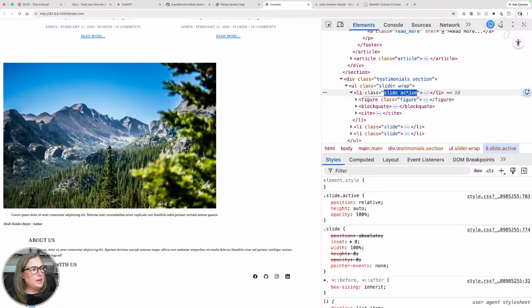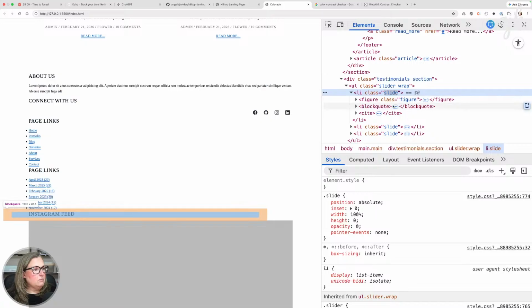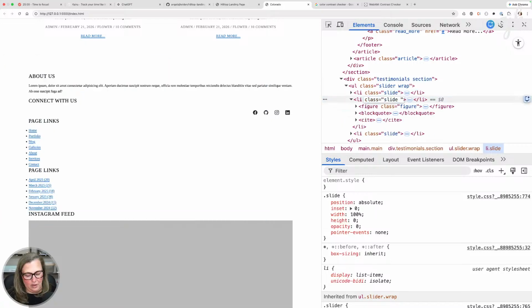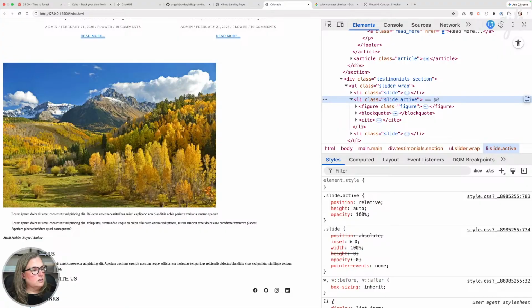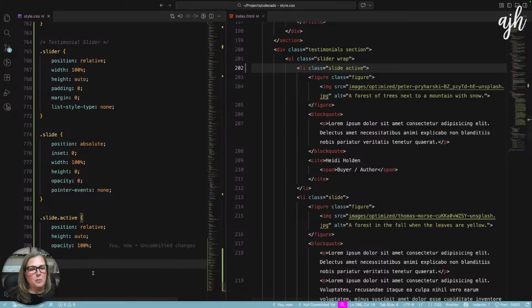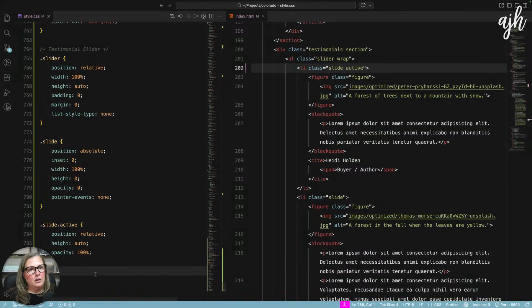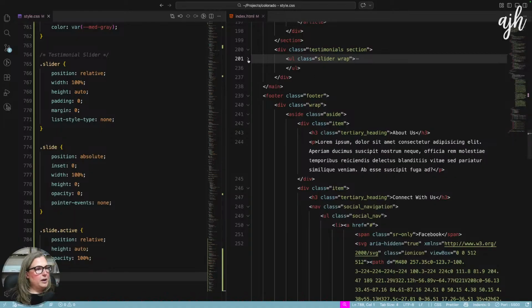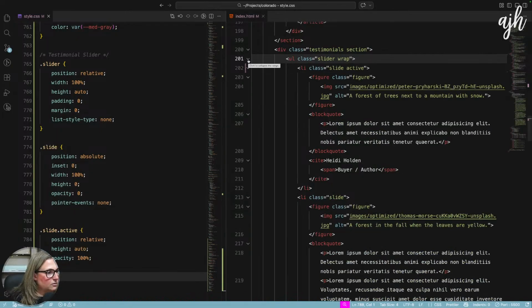So if we take out this active, just like that, you don't see anything because nothing's active, but then we can make this active. There it is. Beautiful. Okay, so that's exactly what we want. Here's our CSS for the slider. And then the JavaScript will be when we use the navigation. Do I have navigation in here?